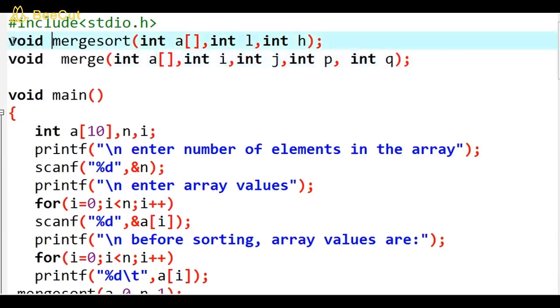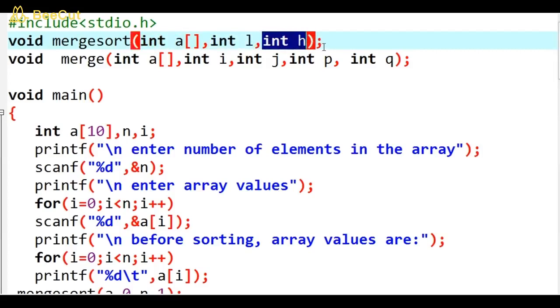So void mergesort(int a[], int l, int h); this is the original array, l is the lower index of the array, h is the higher index of the array.